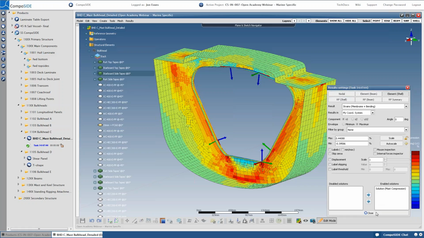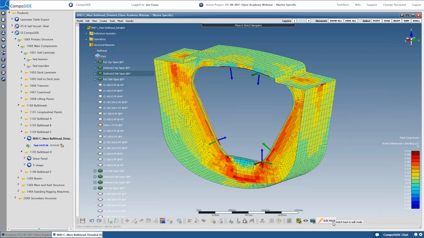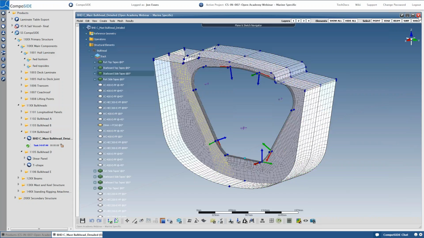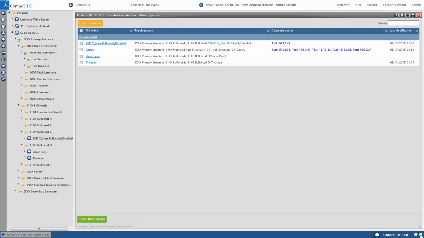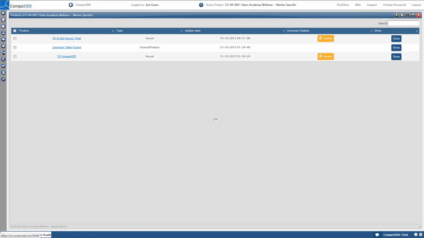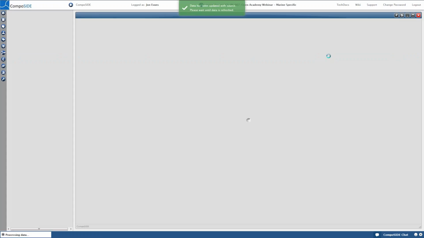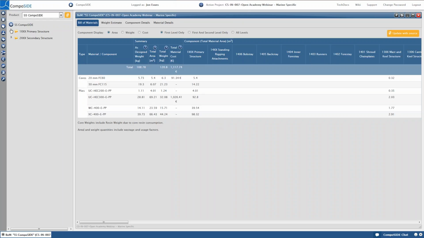Okay. So the second part of this, we've already done our design. We've defined the amount of tapes we need. We've defined the laminates. Then we need to create a BOM or a laminate report. So we can exit this and jump into BOMGen. This will automatically take the material data, the areas that are needed, straight into BOM. You can see it's updating and refreshing all the data. So in my bulkheads folder,